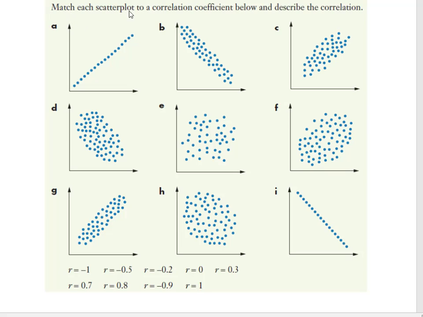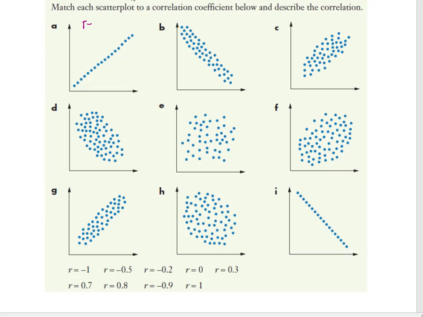Correlation. Match each scatter plot to a correlation coefficient below and describe the correlation. So if we have a look at it, I'm looking at all of these different graphs which are showing me some type of correlation. For graph A, I can see that I've got straight lines. So what I'm going to say is, because this straight line is moving in a positive direction, I'm going to say that the correlation coefficient here